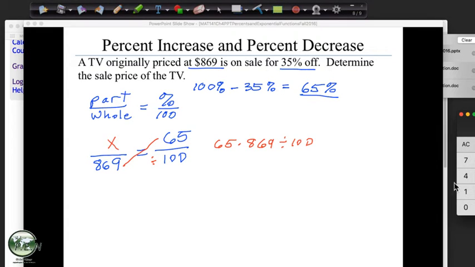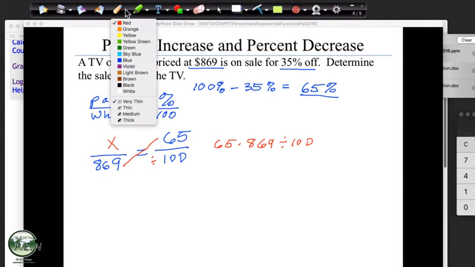So just get these calculations down, and it makes it easier than doing them mentally or just entering them into the calculator as you go. And remember, this time we're looking for a dollar amount, $564. This is what we're going to have to pay for this television. Not including tax, but it's now the list price.